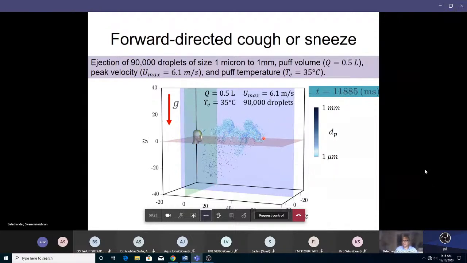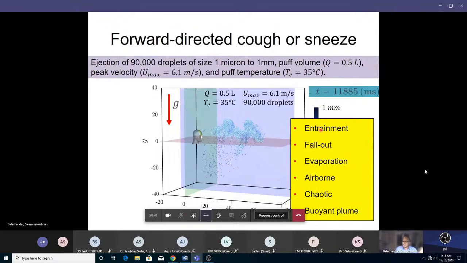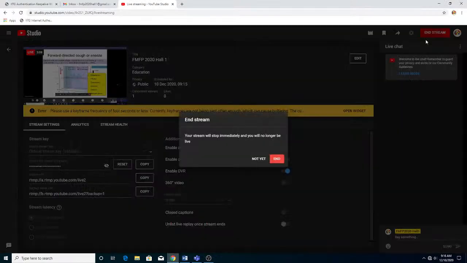In 11 seconds, it doesn't travel a whole lot because the velocity and the volume are very modest. But later you can see that if there is cross ventilation and there is ambient turbulence, this puff gets carried. And this puff contains a lot of droplets. So those are the important things. There is entrainment. The puff gets larger in size because it entrains ambient air. There is a clear fallout of droplets. You can't see it, but these droplets have become much smaller than what they were when ejected, and they stay floating. The whole process is chaotic. And then because it's hotter, it later on rises up slowly, and that's one other reason